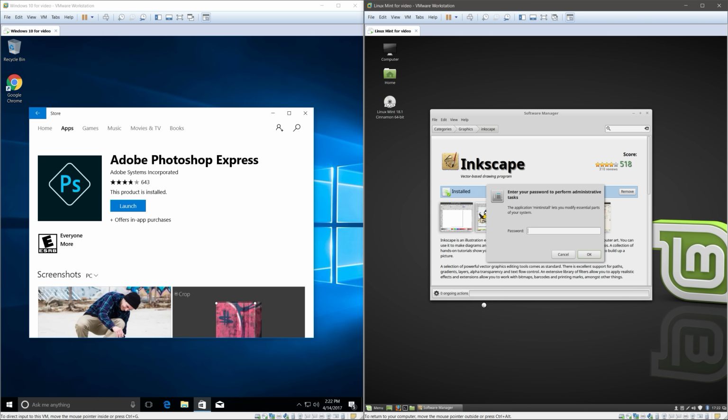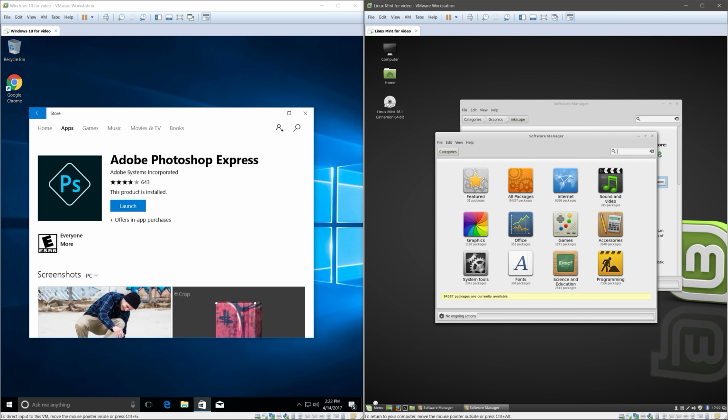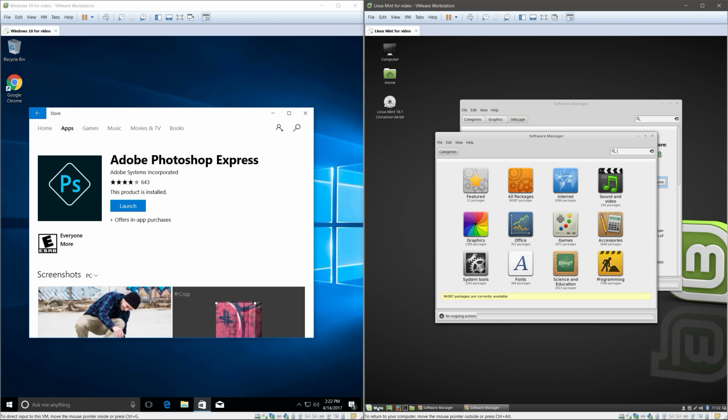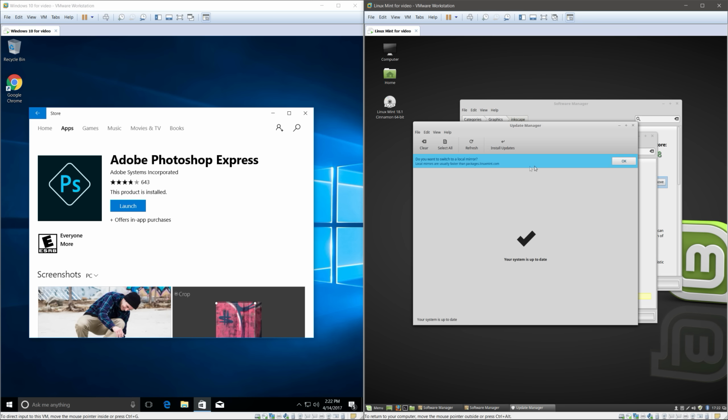In Linux Mint, though, what you are supposed to do, at least, I'm opening Software Manager again, aren't I? What you're supposed to do is go to the Update Manager, and you can basically update everything relating to both